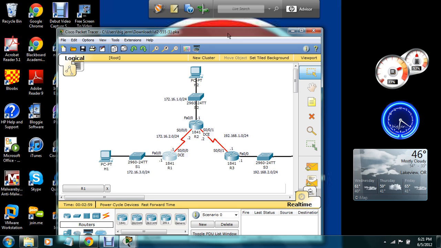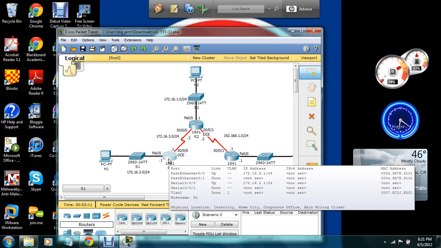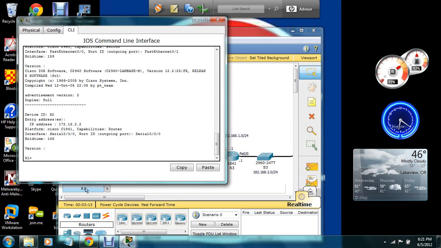A router builds a table of information about neighboring devices from CDP messages received from those devices. So when those devices send a packet back and forth, it's documented, and this is how you are allowed to see that. To see your neighbors, you just go to your CLI, and you can just type in show